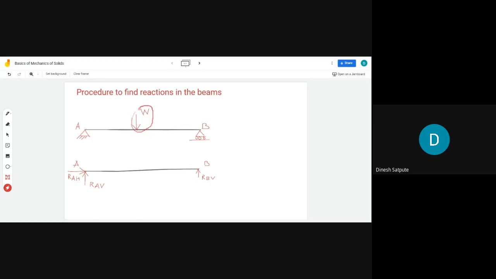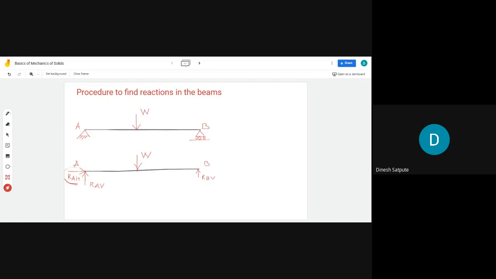So here W, that point load, is acting. To oppose this force, upward reactions will act, that is, opposite to the direction of the force applied. Force is applied in downward direction, so reactions will act in upward direction. But here three reactions are there. This reaction is acting in upward direction, we'll accept it. This reaction is also acting in upward direction, we'll accept that one also.